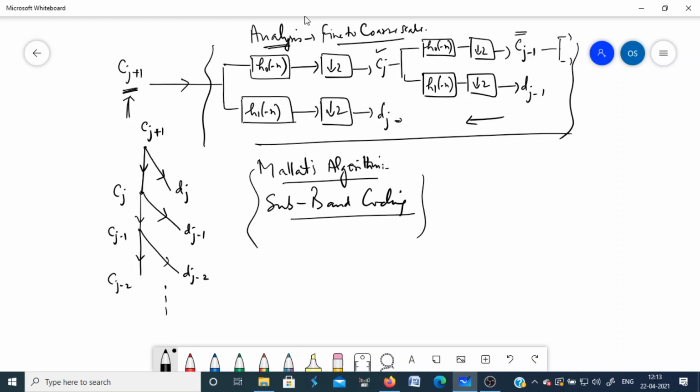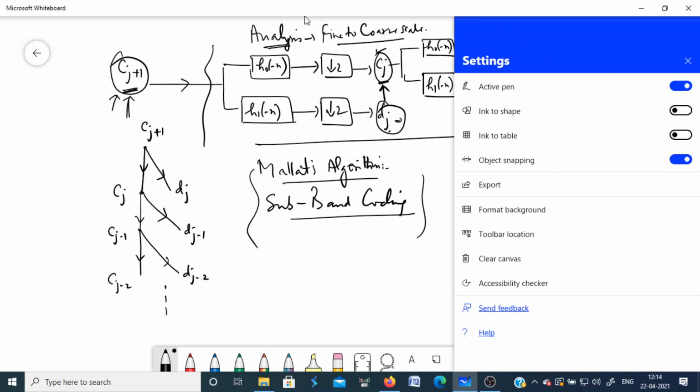So you start from the approximation and the detailed coefficients at a lower scale, and you combine them together to get the approximation coefficients at the next higher scale. Then the approximation and detailed coefficients at this scale are again combined to get the approximation coefficients at the next higher scale, and so on. That is the reconstruction algorithm. So now, in terms of the filters, if you look at this, what basically you are doing